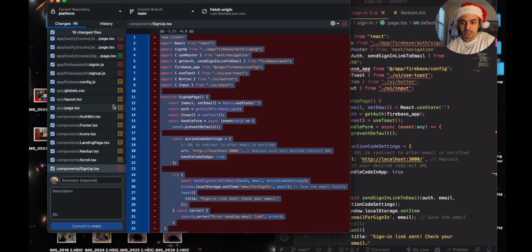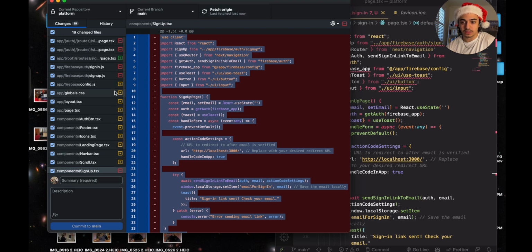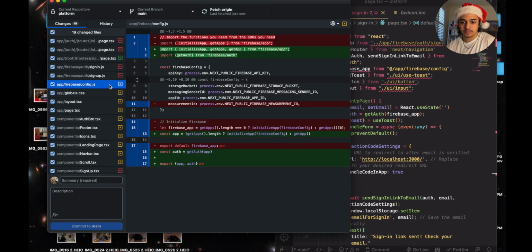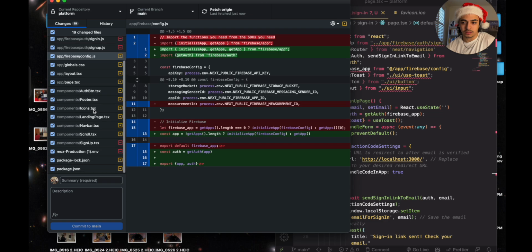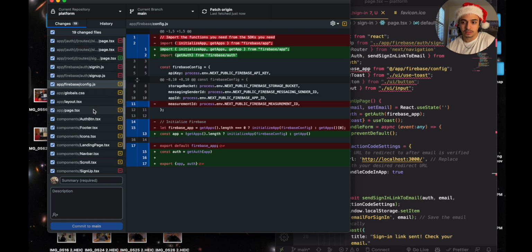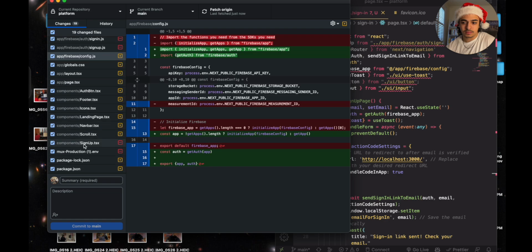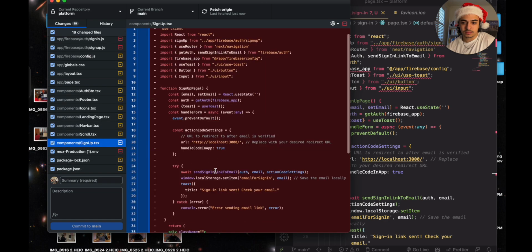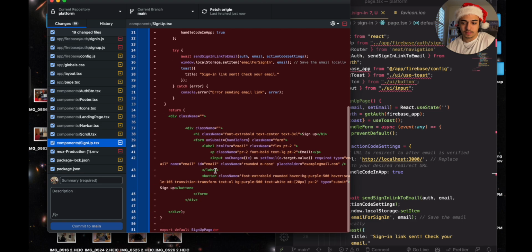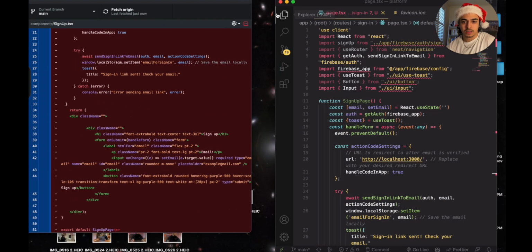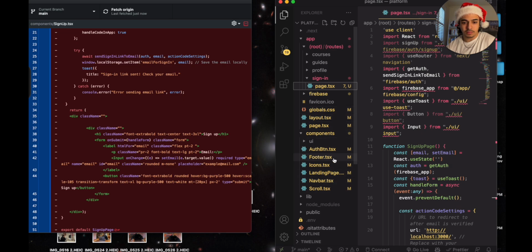So what we're missing is, if we go to Firebase config, not here, Firebase. Yeah, this one. And then in Firebase, if you go to the config page,